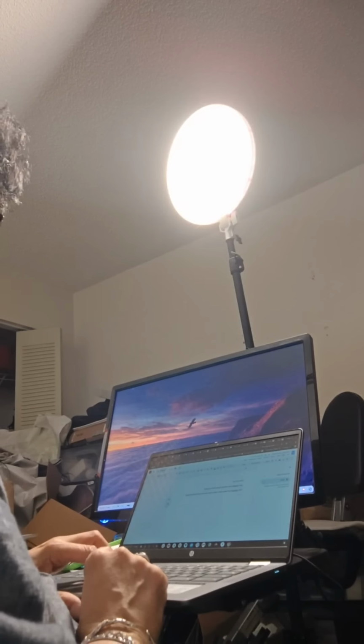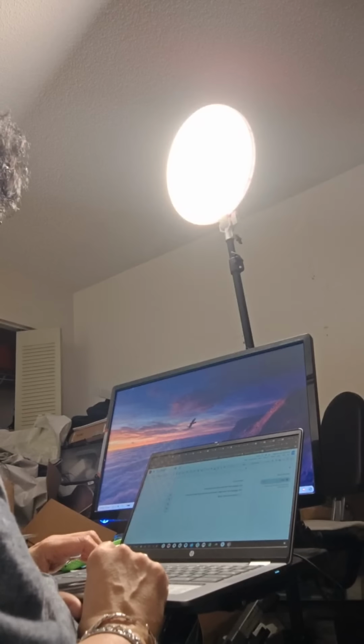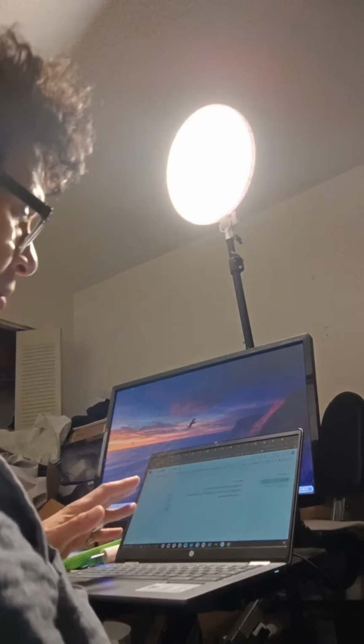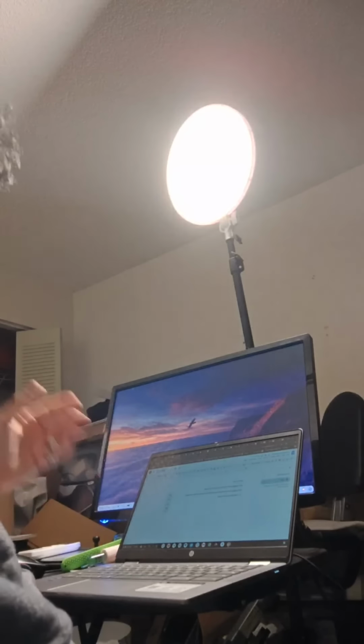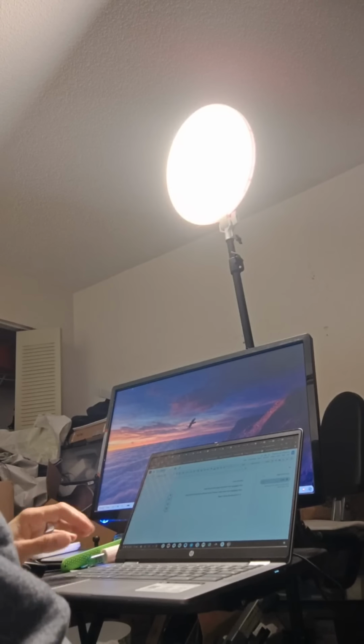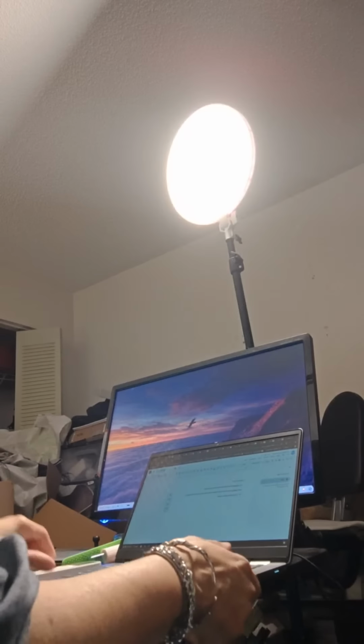Let me do the same thing here. Paste without formatting. So basically, you want to paste without formatting. If you don't, then you have all this extra garbage stuff you don't really need. He wants me to run that command. Let's run that command and see what that does.